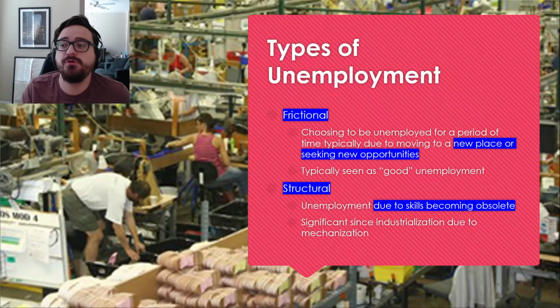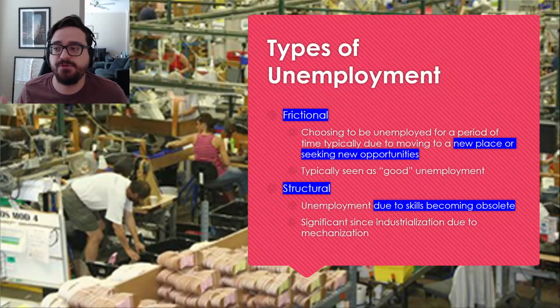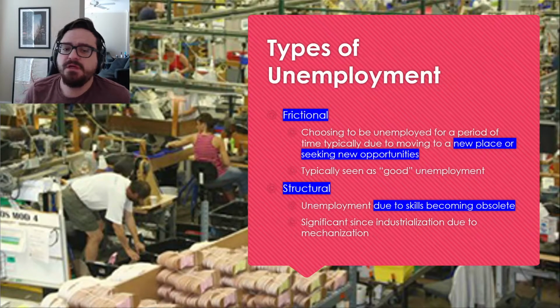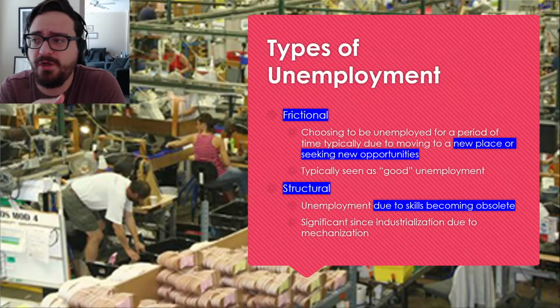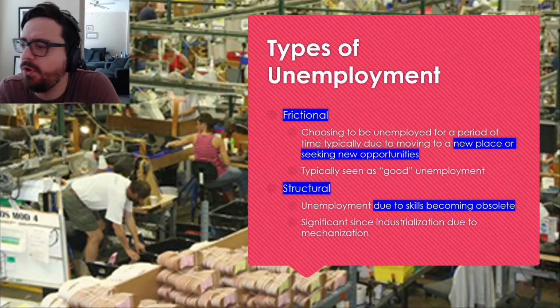If you're moving to a new place to start a new career, that means you believe you could actually get a career going in that new place, and that there are lots of opportunities nationally for you and your career. That's a good sign. And if you're pivoting careers, that shows there's a lot of flexibility in what you can be doing in your economy. So having some frictional unemployment is totally good, totally fine.